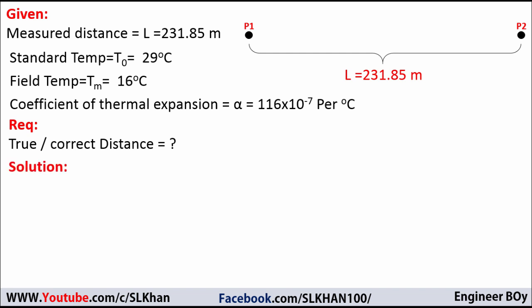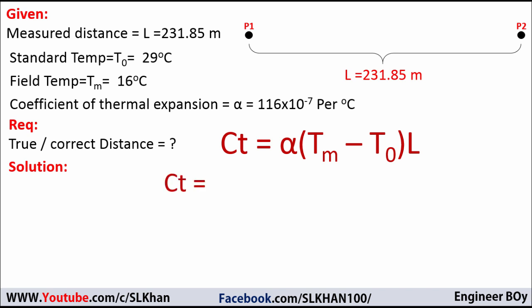In the solution, the first thing I need to calculate is the temperature correction, which is alpha times (Tm minus T0) times L. So we need only put in the formula: Ct equals alpha, the coefficient of expansion of the tape material, which is given, 116 times 10 raised to power minus 7, times Tm, the mean temperature noted at the field, which is given as 16 degrees centigrade, minus T0, which is also given, 29 degrees centigrade, times the measured length, which is of course given, that is the distance between 2 points measured by a 30 meter long tape,